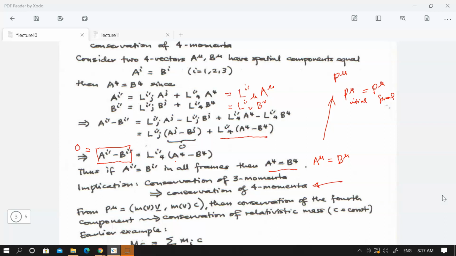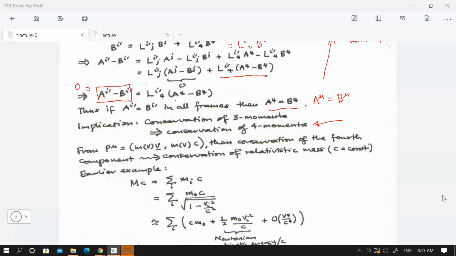So that is nice. In other words, we have an extension of the conservation law for your three momenta to the four momenta. The assumption here, of course, is that you have the conservation of your three momenta